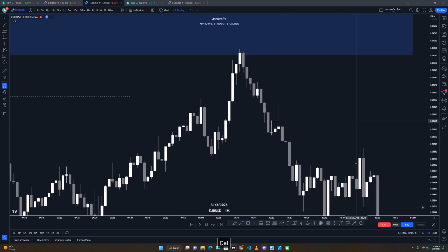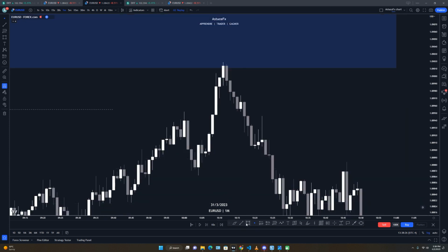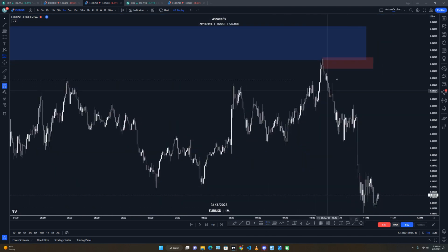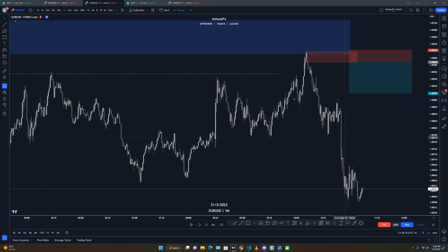But for SMC traders, for those who are looking for an order block to sell from, most of the time they have some extreme zone like this one. They wait for price to come, tap the OB and give them a sell setup. And most of the time price doesn't fill them in. If you have a sell here,